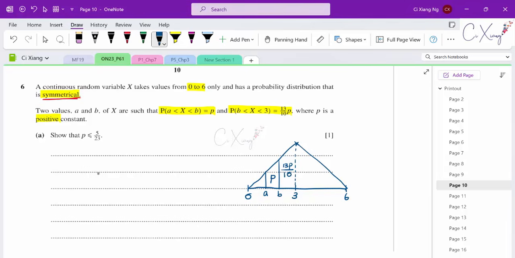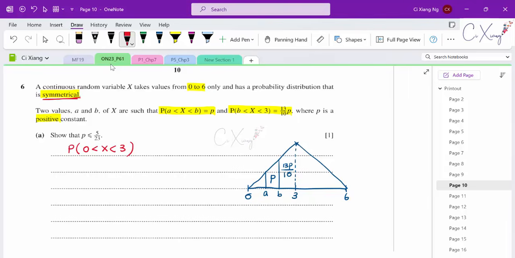Alright, so they want you to show that P is positive, they want you to show that P is smaller or equals to 5 over 23. So how can we show that? First of all, from the diagram that I have here, I know that if I try to get the probability from 0 until 3,